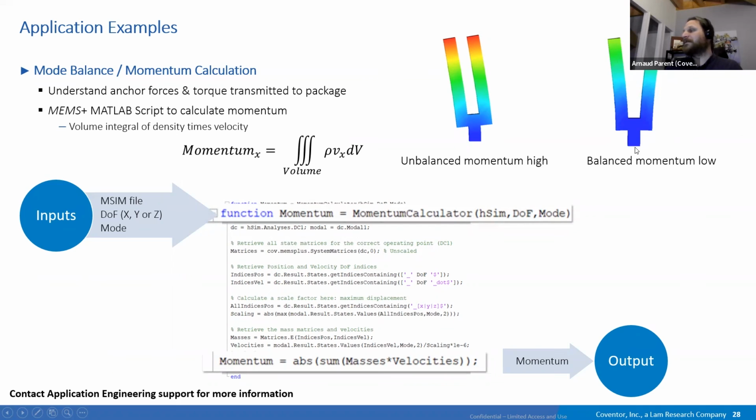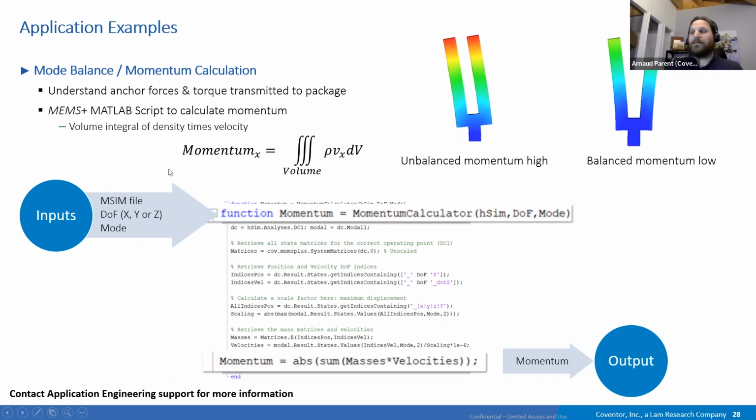substrate Q factor dissipation, sorry. Another application would be for a gyroscope designer, for example. Gyroscope designers have a drive mode, a mode at which the device is constantly excited. You want this mode to be as balanced as possible, because if it's not balanced, it will exert some force on the package. It might excite the whole device. It might excite the sense mode. It might be the reason for unwanted sense movement that is not something you want to capture.